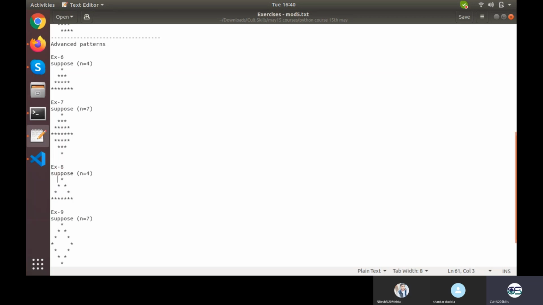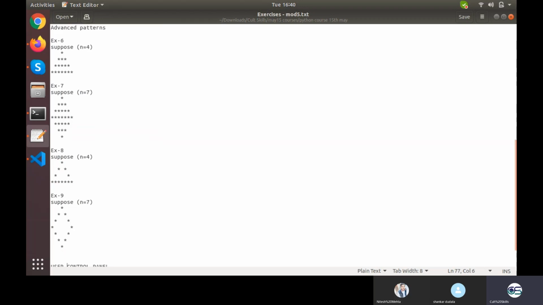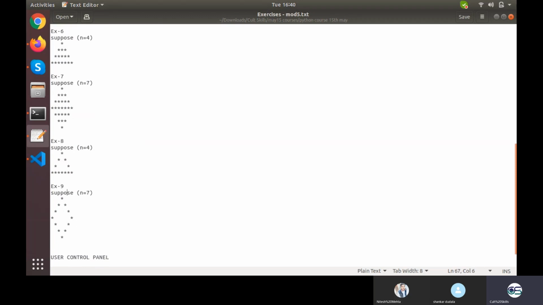The first line and the last line will be altogether different, so you need not worry about that. If you are done with this, you can try implementing one more thing. I'll just write it there.